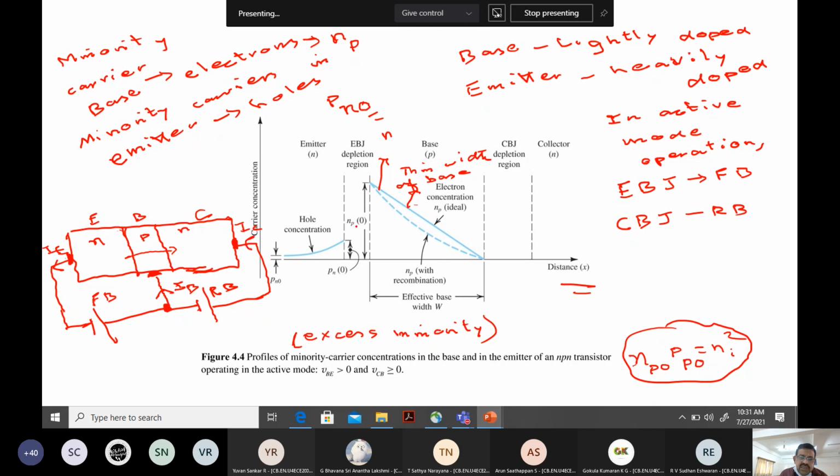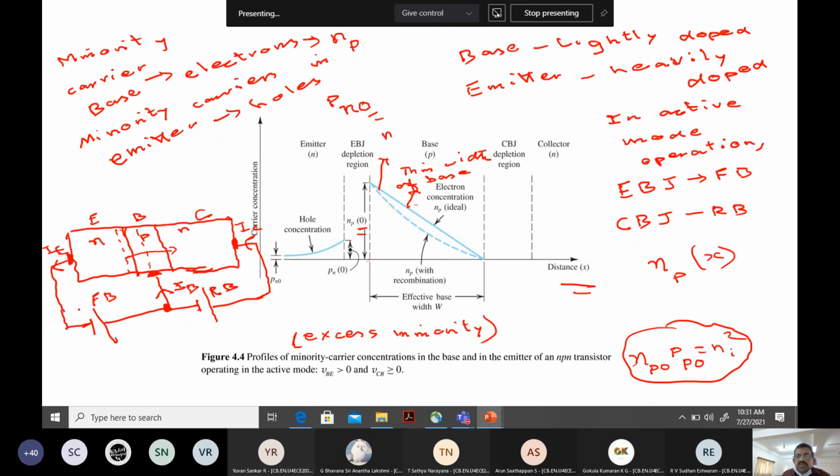So because of this fact, he put here within the bracket 0. What does that 0 here mean? Normally it has to be written as a function of x, and this is the edge of the emitter base junction, the edge of the emitter base junction where it is devoid of any mobile charge carriers. It is devoid of any mobile charge carriers. So you have to understand here, this is the depletion width. So this is the depletion width.